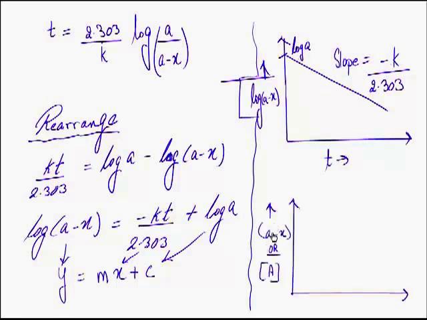And also, if I have to plot a graph of a minus x, that is the instantaneous concentration, versus t, the graph will show an exponential fall in the concentration of the reactant. So as you all can see, this will be the initial concentration A0 or A itself, and as the time progresses, the concentration of A or A minus x will keep decreasing. Now we shall derive the expression for half-life time of a first order reaction.